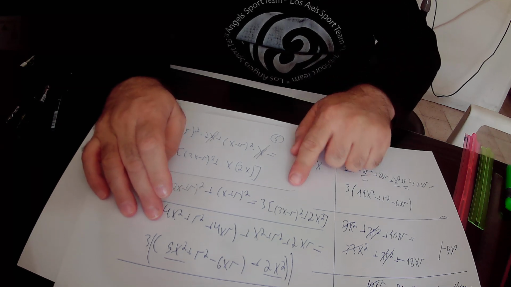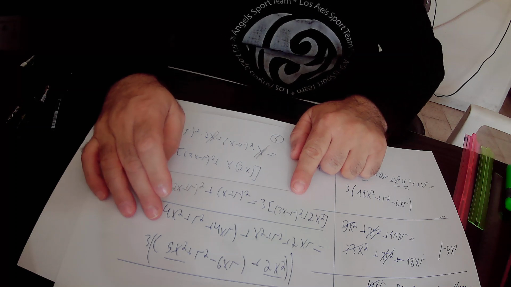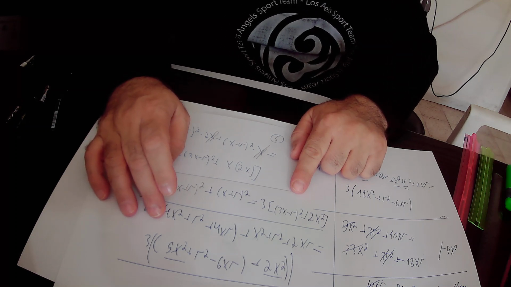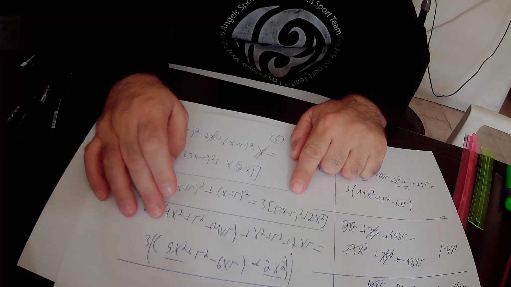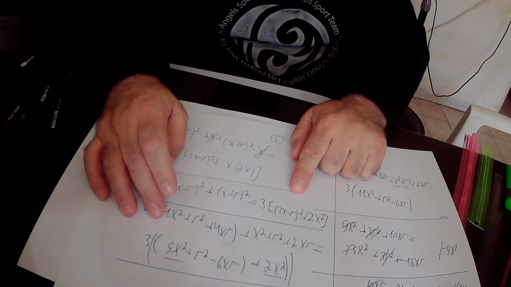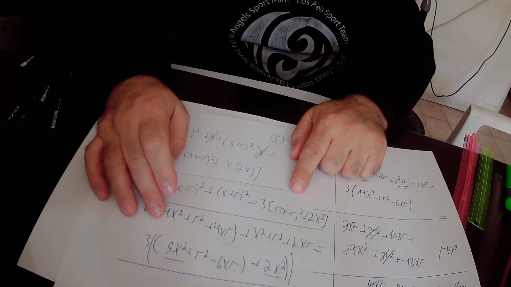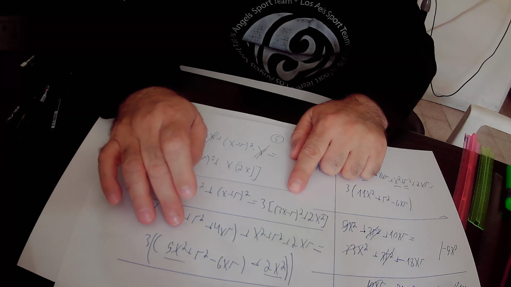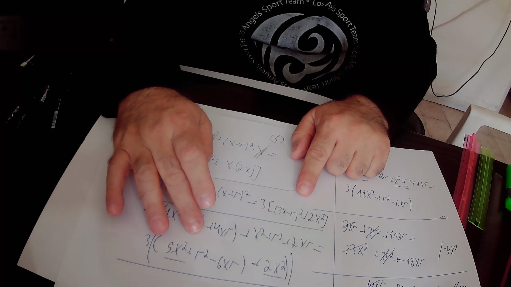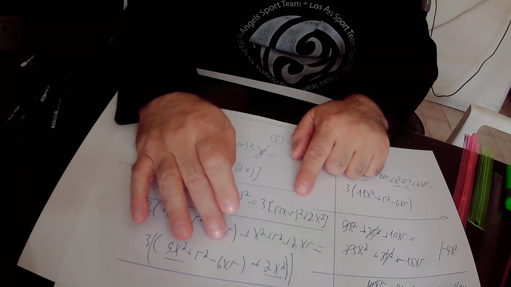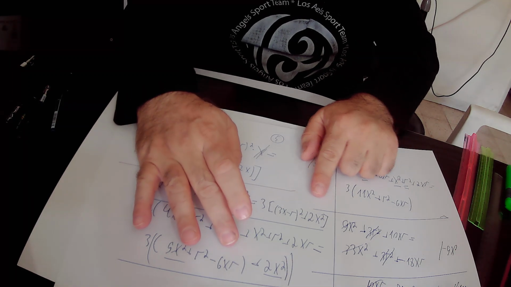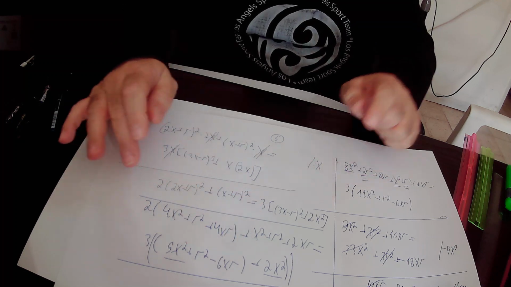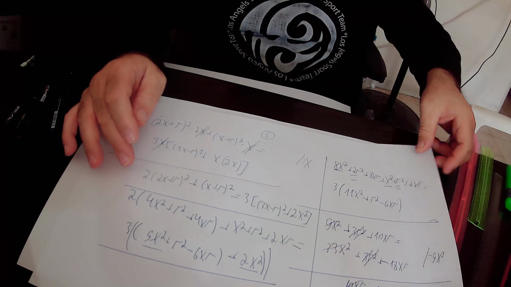3 times, inside the brackets we have (3x − r)². (3x − r)², according to the algebraic identity that (a − b)² equals a² plus b² minus 2ab. So (3x − r)² equals (3x)², that is 9x², plus r², minus 2 times 3x times r, that is minus 6xr, plus 2x². Okay, so here